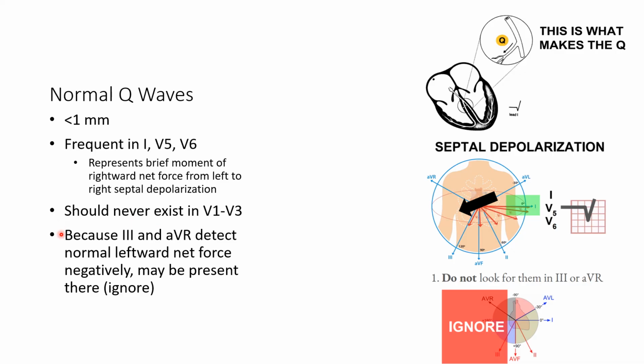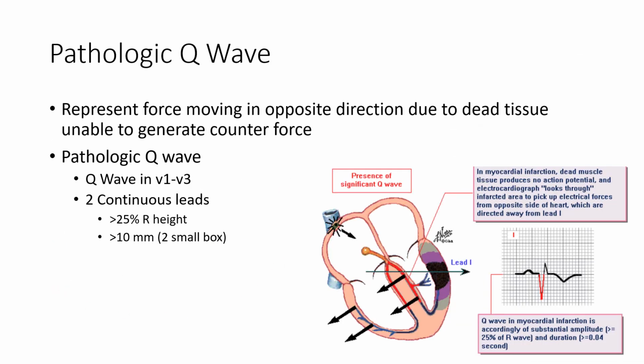That's just the representation of our normal leftward force, and you should generally ignore any Q waves in 3 and AVR. A pathologic Q wave represents dead tissue that's unable to counteract the depolarizing force of its opposite tissue moving in the other direction. Pathologic Q waves are any Q waves in V1 through V3, or a Q wave in 2 continuous leads that's greater than 2 small boxes or greater than 25% of the height of the R wave